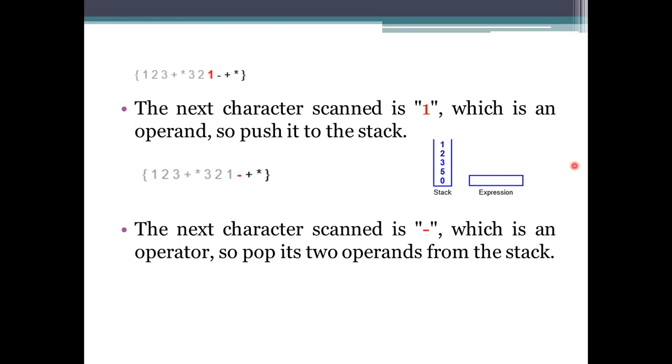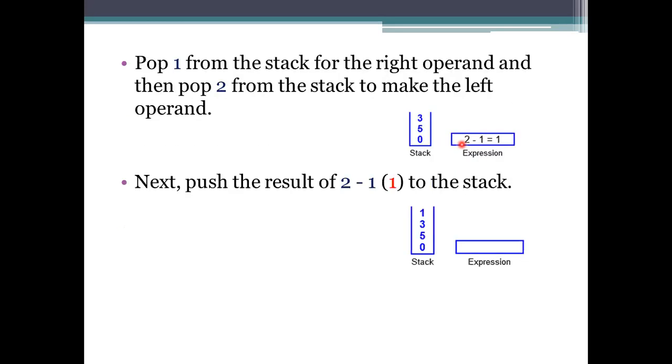So straight away we need to take the values: the first one and then the second one, from the top, 1 and 2, have to be subtracted from each other and the result stored. This is the first element and this is the second element. It has to subtract 2 minus 1 here.